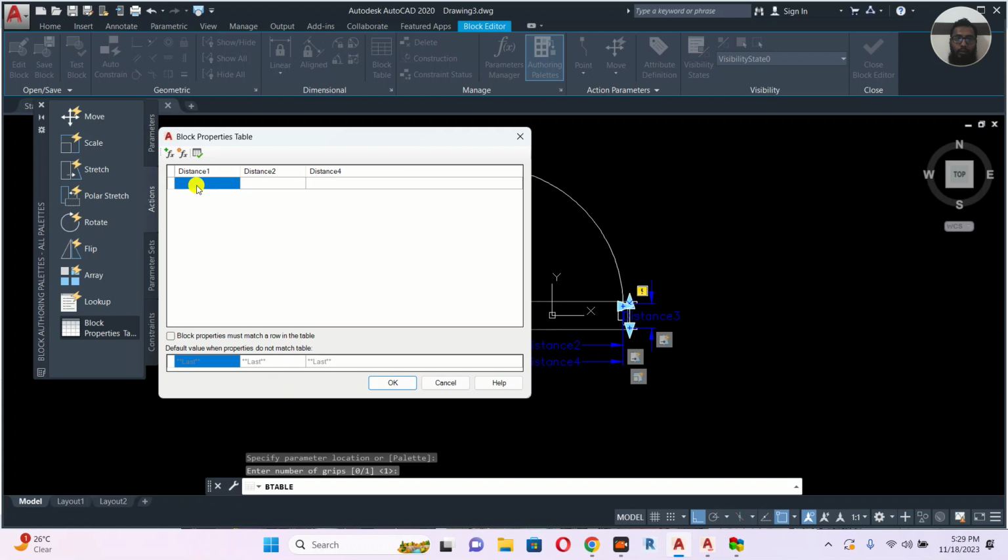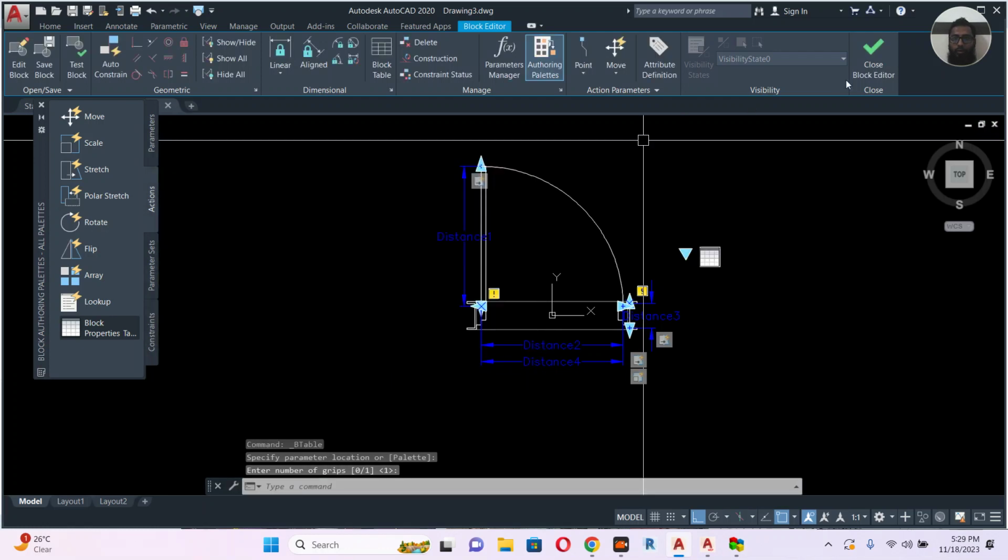Okay, so let's put here 750, 900 and 1200. Repeat the same, 750, 900, 1200. Same, 750, 900, 1200. Okay, so let's close the block editor,